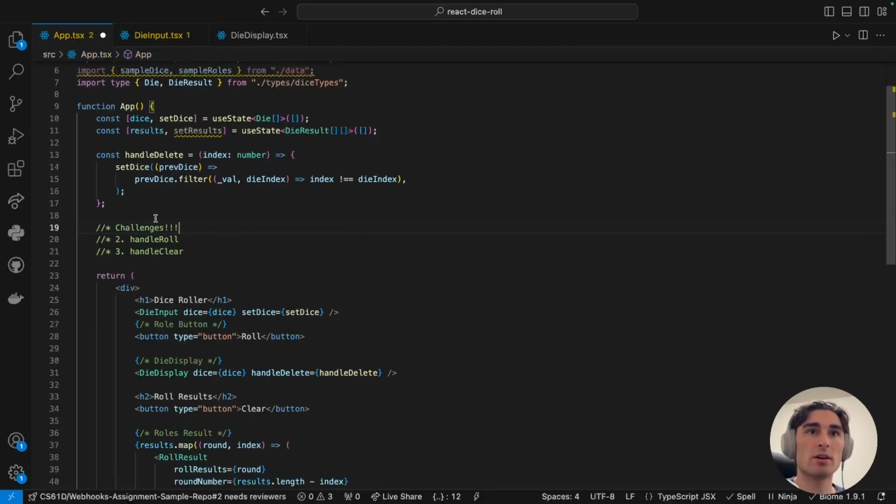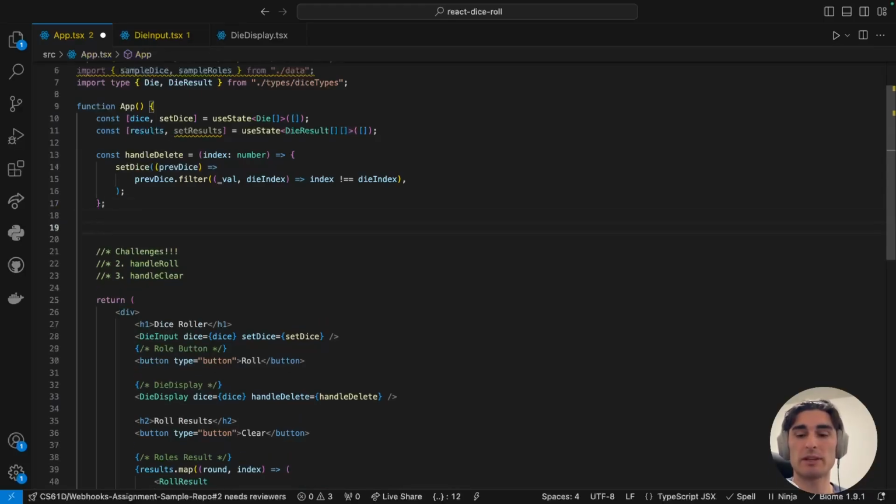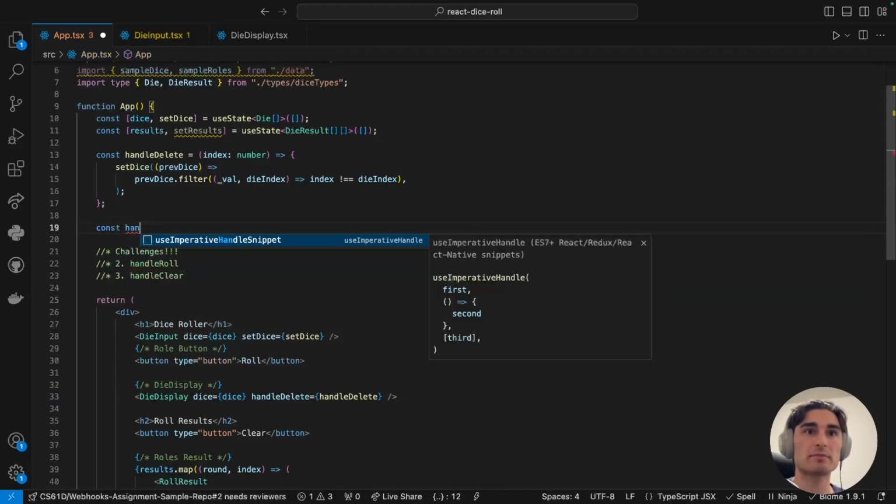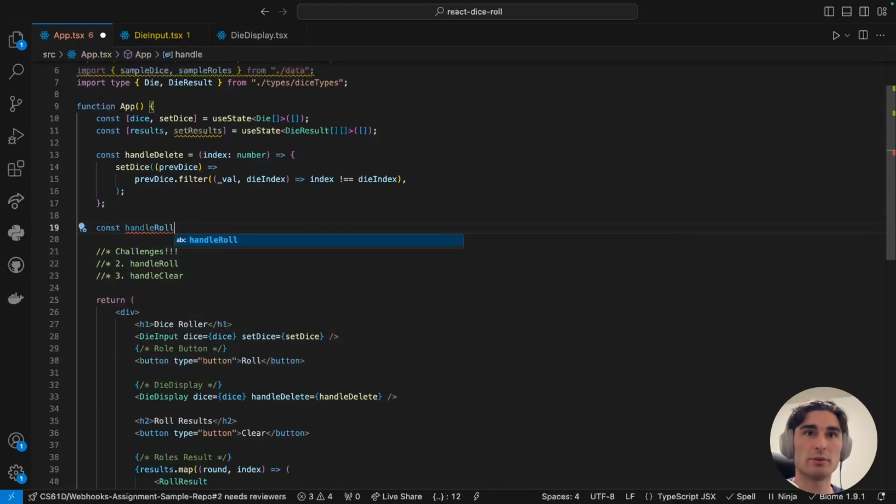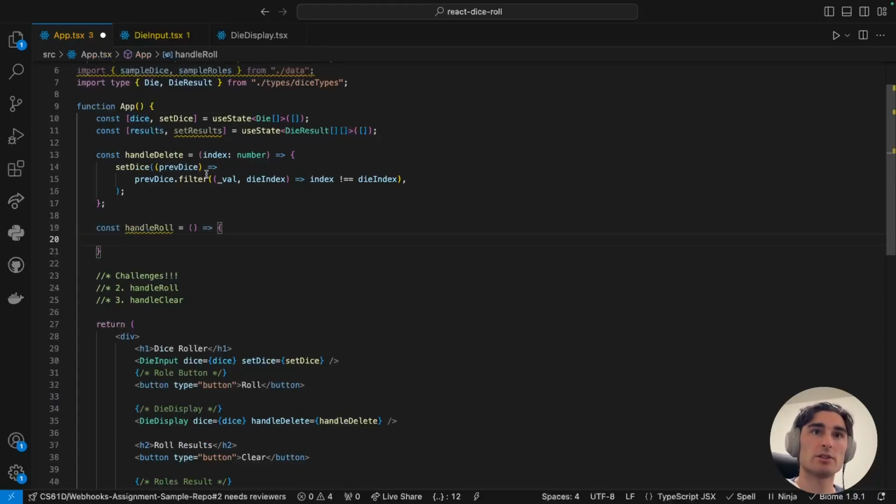For handling our roll, what we're going to do is for every die in our dice, we're going to calculate a random roll and then add it to our results array. So it's going to be a little bit complicated, but we can break it down. We can say const handleRoll. It's not going to take anything in except for the dice state,